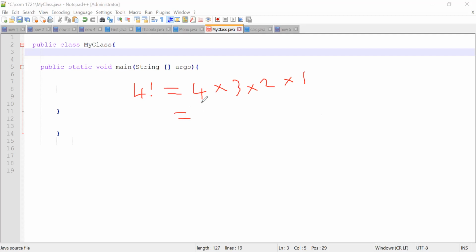Already you can see how these numbers are multiplying each other going down. You can tell that a method is